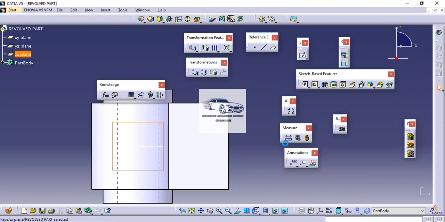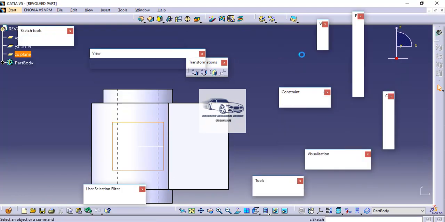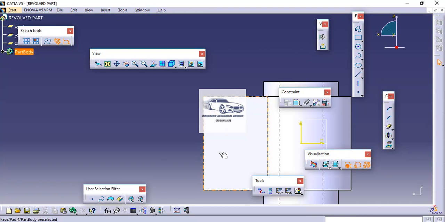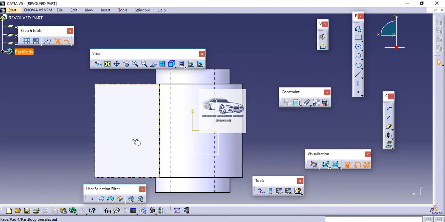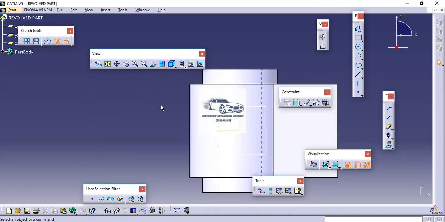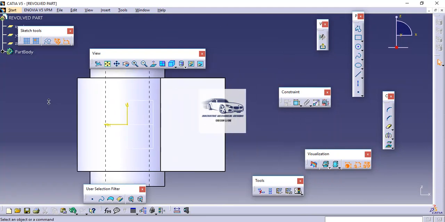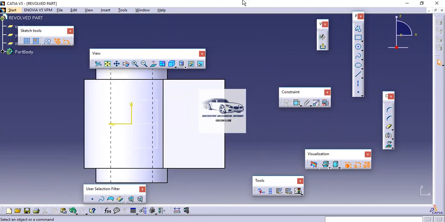So for that I will select the middle plane, then go to sketch. Now here I can see the orientation is coming opposite. So by using the option normal view I can flip over the orientation as desired. Now since I want the ends of the line to coincide with these two particular edges, before drawing the lines I can draw projection lines.